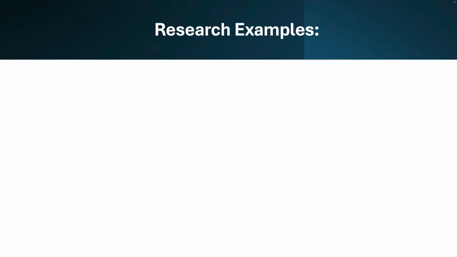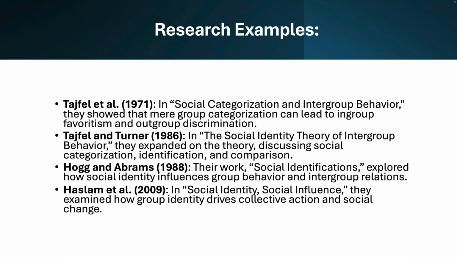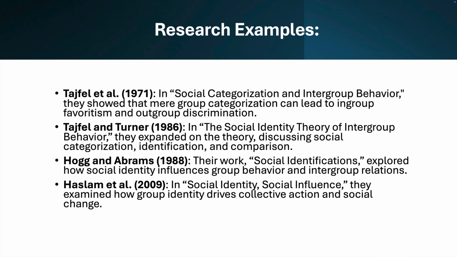Here are some research examples. Tajfel, in social categorization and intergroup behavior, showed that mere group categorization can lead to in-group favoritism and out-group discrimination. Tajfel and Turner, in the social identity theory of intergroup behavior, expanded on the theory, discussing social categorization,